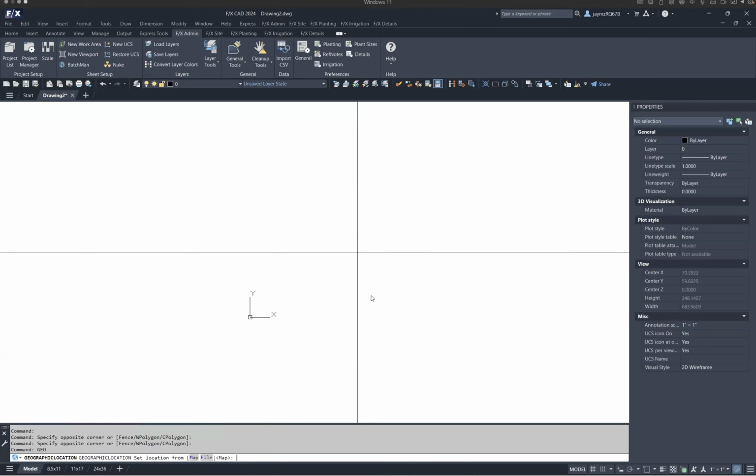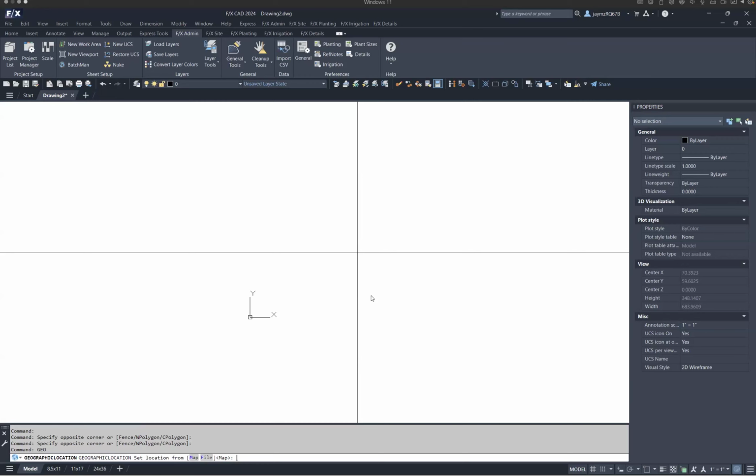And what this is going to do now is it's going to prompt us for the next step of the tool. So most tools have multiple steps in order to complete the function. And when you're working with any tool, you always want to refer to the command line because it's going to give you those prompts of what you need to do next. So in this case, at the end of the line there, you can see that in brackets, we have two options. We have map and file, and the first letter of each one of those is highlighted in blue. If you ever see that in any tool, that's indicating to you that you have options to choose from at that point in the tool.